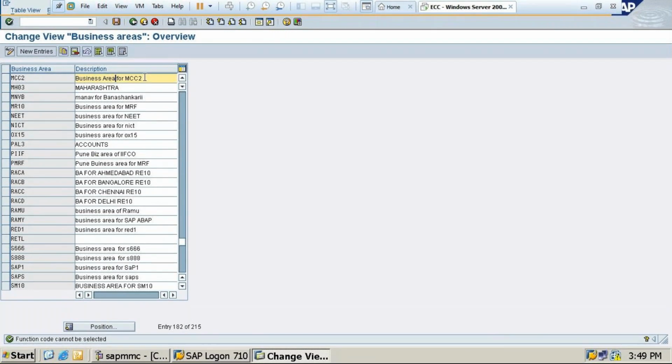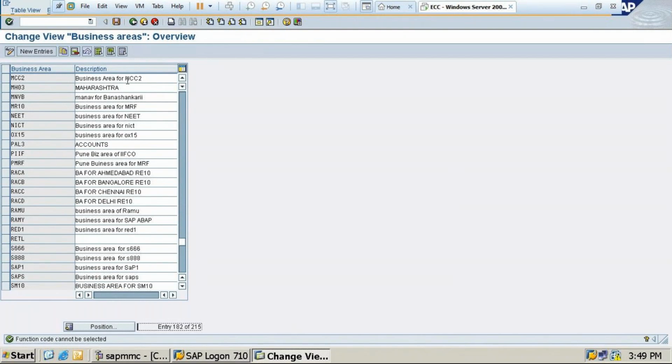For example, if I remove this and click on the save button, it will save. Or if I type MCC2 again and save, it will save. It will not open because you have only two columns here, business area and description. The business area code you cannot alter, but you can alter the description here itself. Either you can give the names of places, or you can represent the business area for the company code.